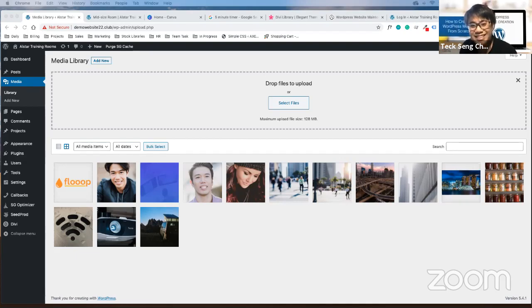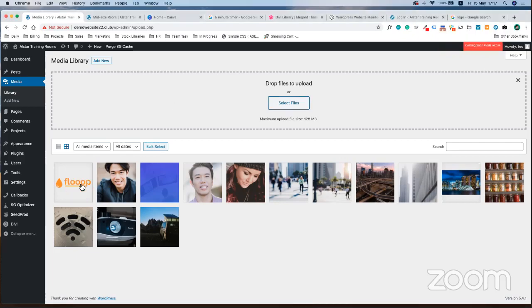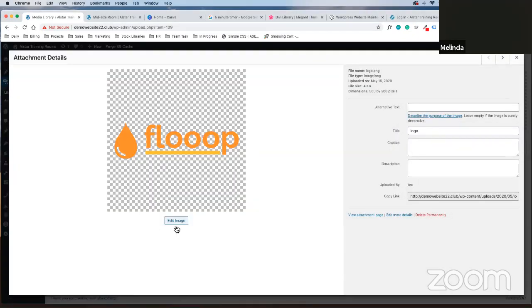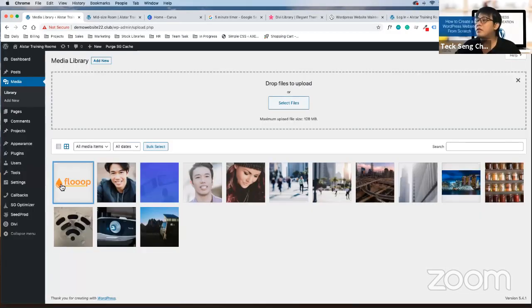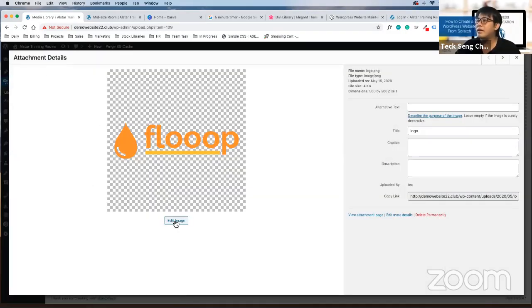Kelvin, okay? Attachment details, correct? Then click on edit image.